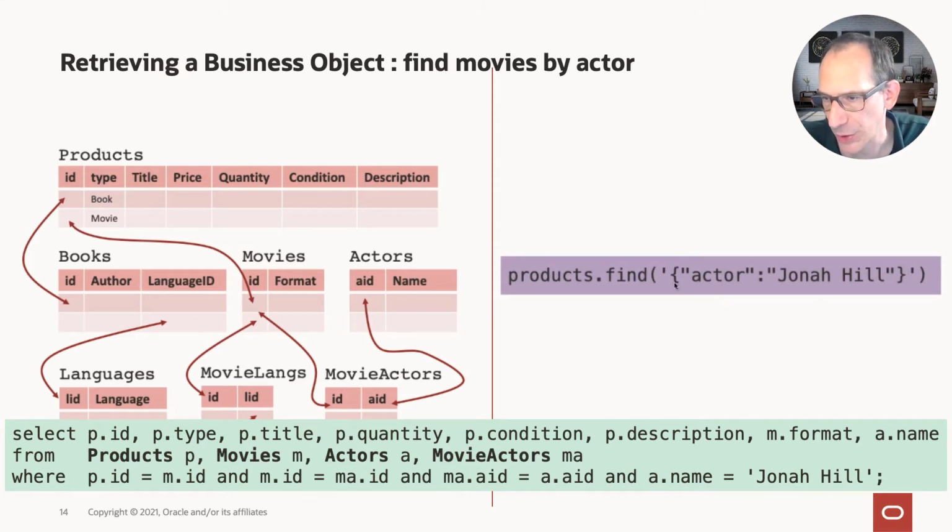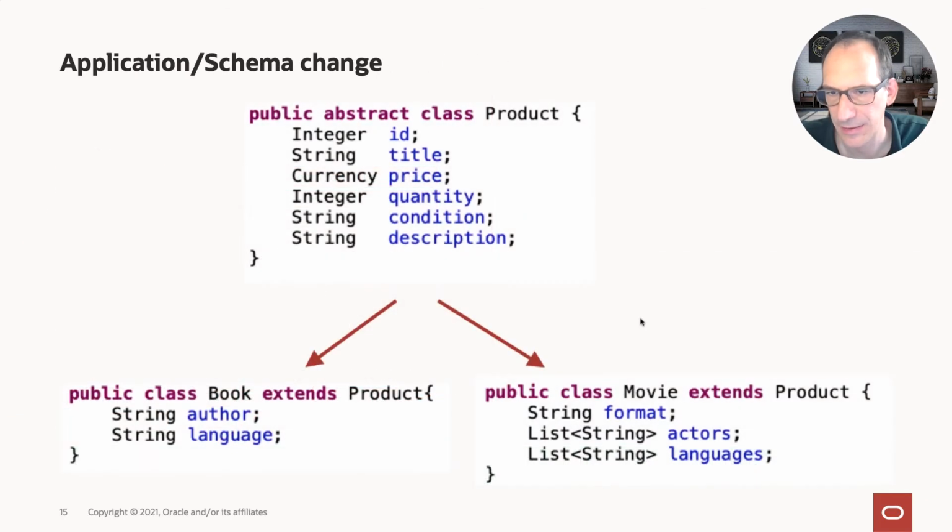On the JSON side, this is much easier. All we do is we issue a query by example. So this query is basically a piece of JSON itself, and this JSON is matched against the data inside our collection. So we're looking for all the documents which have a field actor and whose value is Jonah Hill. And we immediately pull out the entire document. There is no reassembly needed in this case. So this example has shown that you don't need to do normalization. You don't need to do shredding at insert and reassembly at query time.